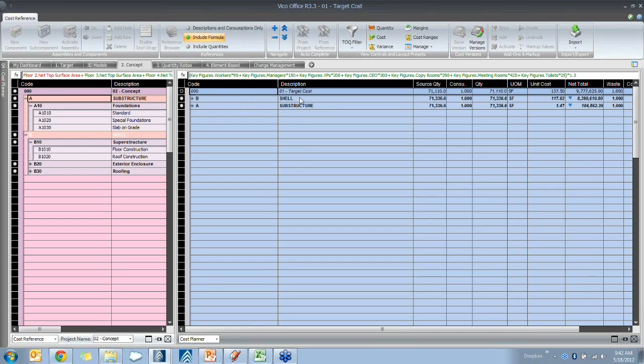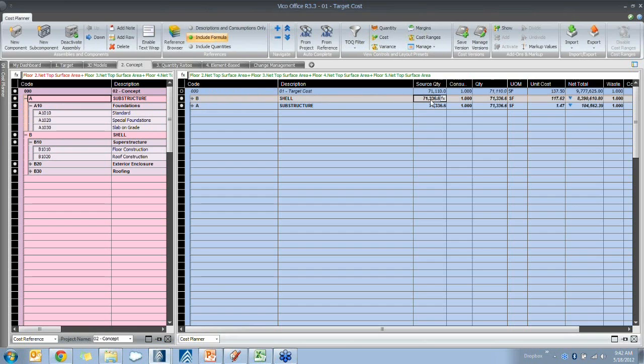And as I bring it into our project, you'll see that the cells are populated with a more accurate quantity that is being generated by adding up the net surface area, top surface area of each of the floors of the building, and it's being reported and multiplied by a unit cost to give us a